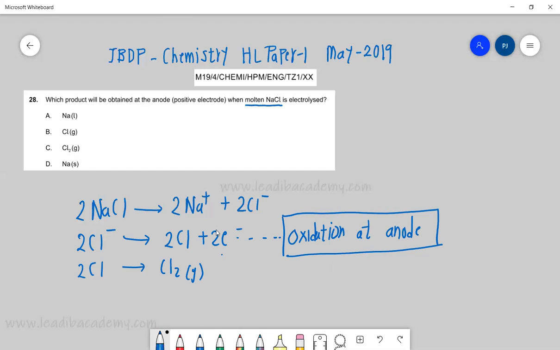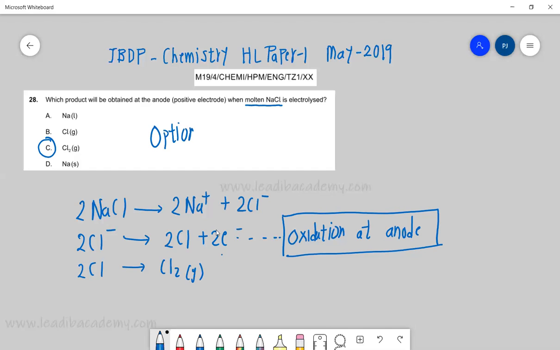And what is oxidation? That means losing the electrons. Loss of electrons. Very, very simple. So let's see which option is correct. We can clearly see that Cl2 gas, simple. Option C,